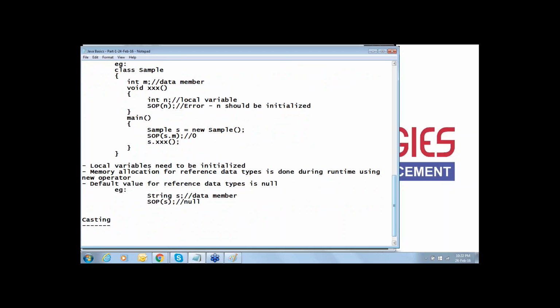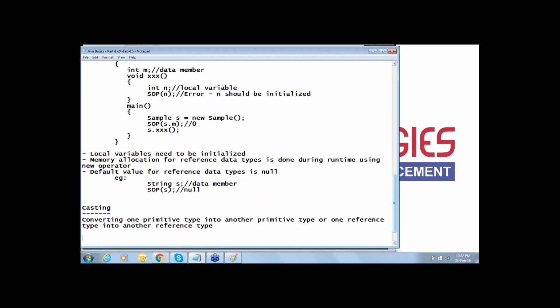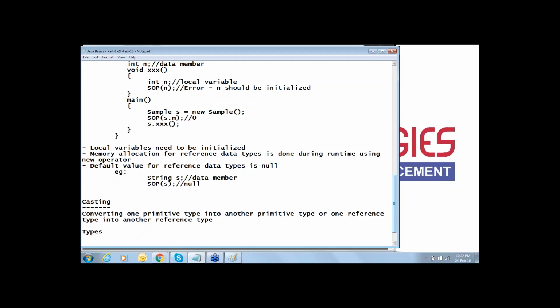Converting one primitive type into another primitive type, or one reference type into another reference type. One primitive to primitive or reference to reference. Then only we call this casting. Then there are two types of casting: